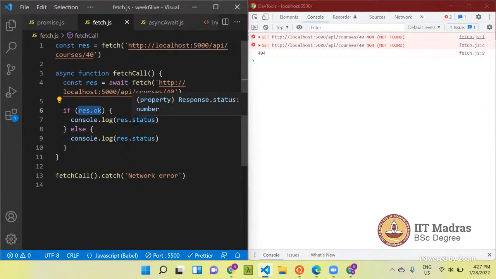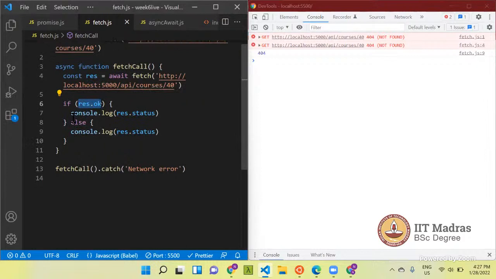If it is, this statement will be executed. If it's not, then this statement will be executed. So it's 404, so this statement is being executed.